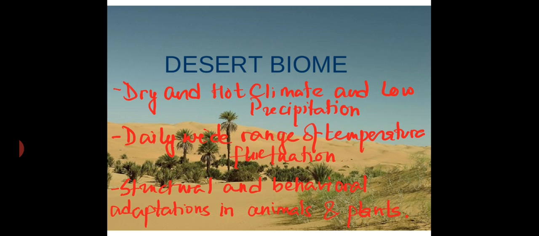In the desert, temperature may reach 50 degrees Celsius during the day and can drop to nearly freezing at night. Animals in desert have both structural and behavioral adaptation to meet the three critical needs, that is food, water and heat survival. Many are nocturnal, that is they emerge from their shelters only at night.